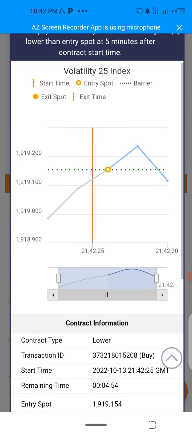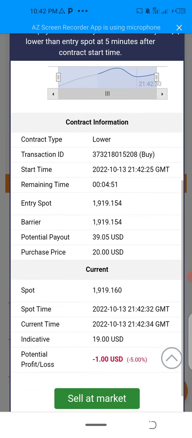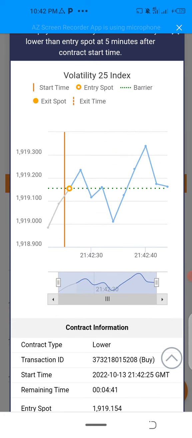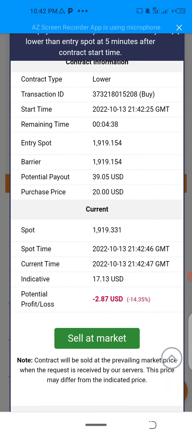Now we said this trade is going to go down, right? It's going to go down again, because this is actually a downward trend, and as it is a downward trend, it's not supposed to go against us. Now, on this trade, by the time we earn our $10 plus a good amount of profit, we'll kill the greed and take the profit. We can sell it before the 5 minutes.